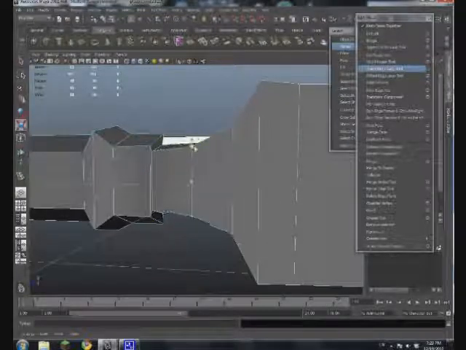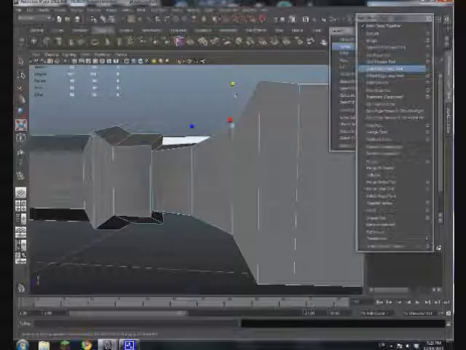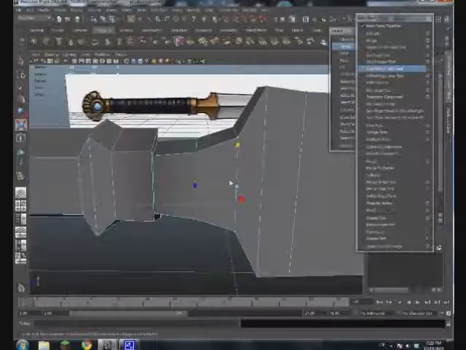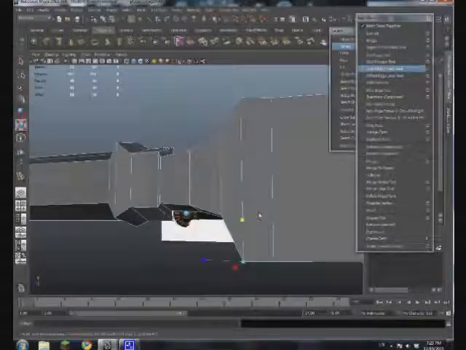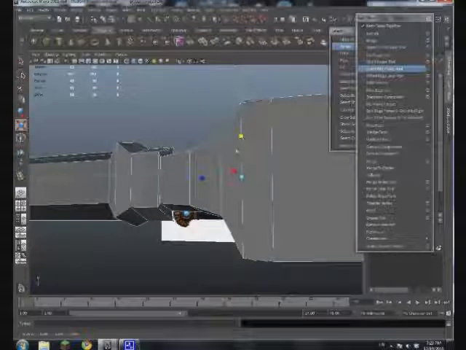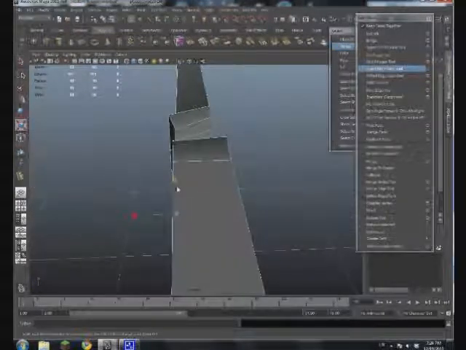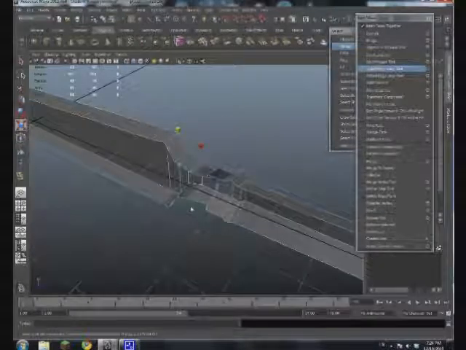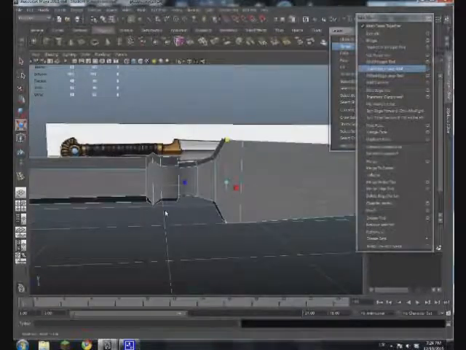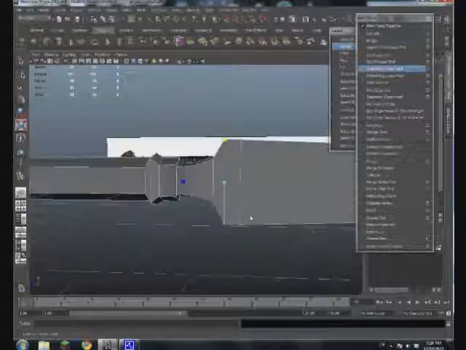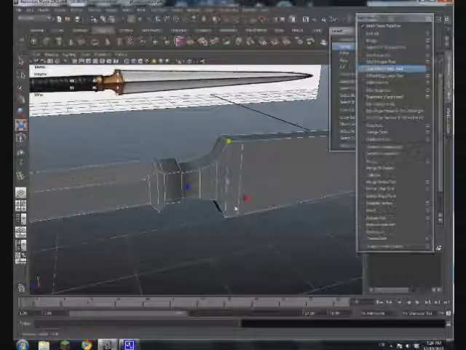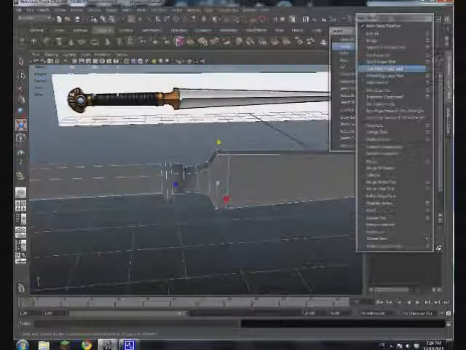And we can just do that for this entire thing until we get up to the hilt. Just make it more and more gradual for each one until it's flat right around here. It's so subtle that you won't really notice it, but it'll look really good once you texture it, and you won't have to do too much with it. I mean, it all comes down to how you want it to look in the end. Now, you'll see here, we need more definition here along